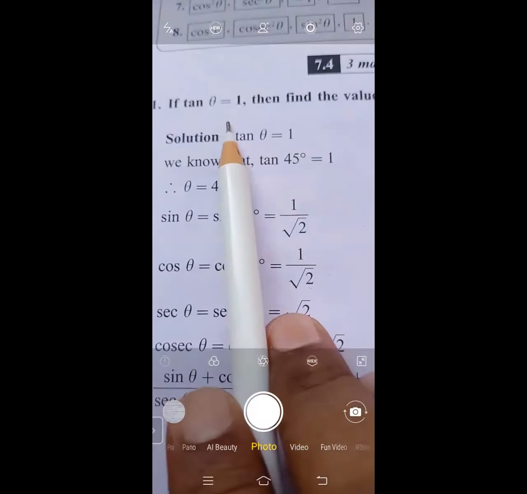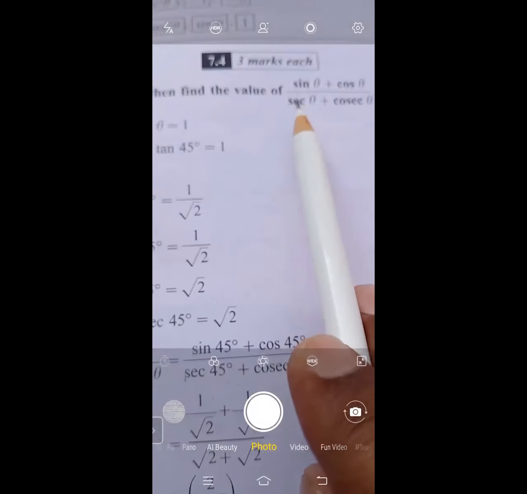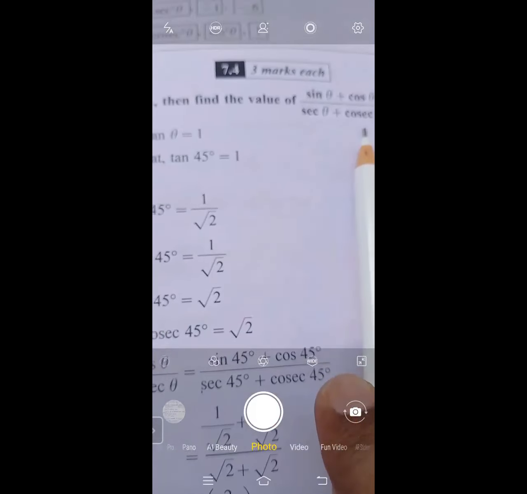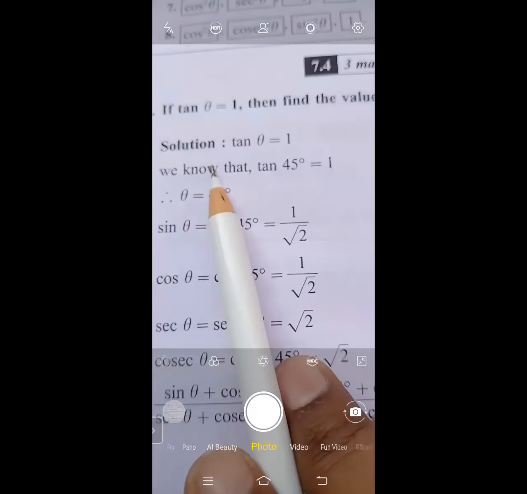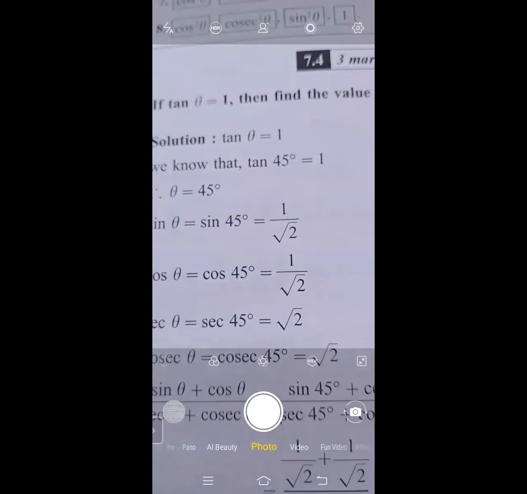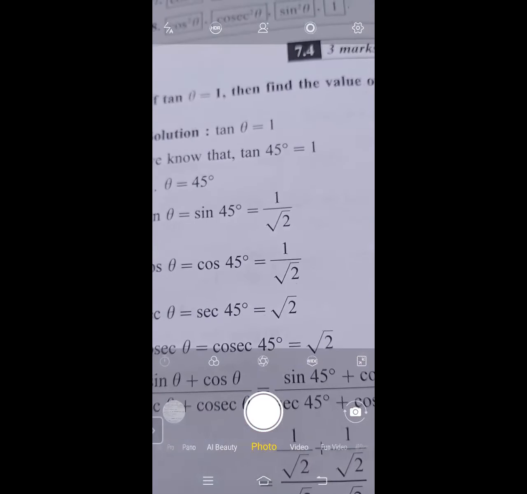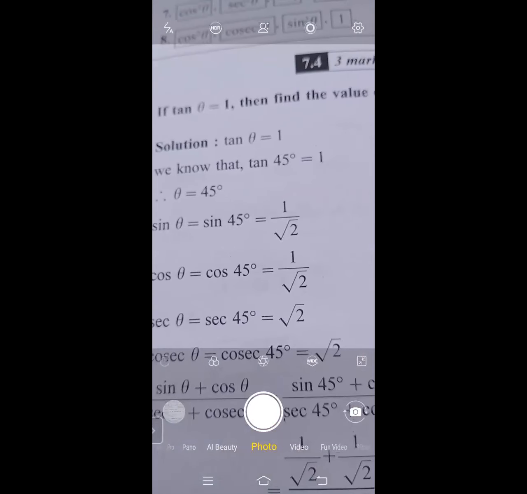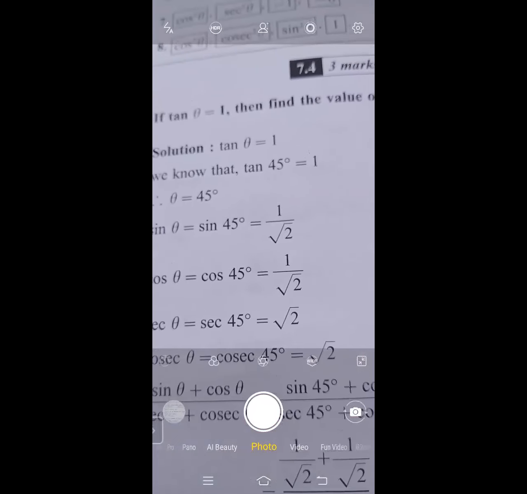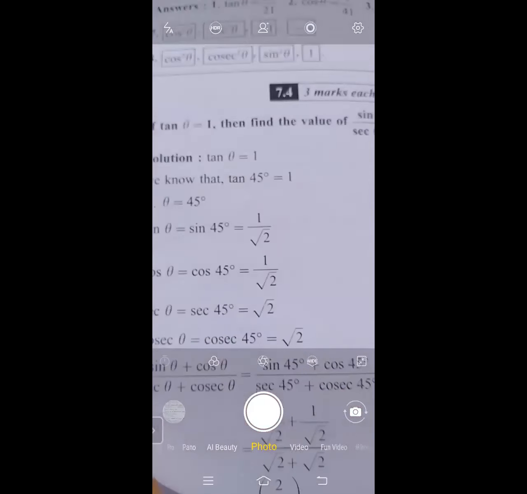So from this value, we have to compute all the values which are required in this equation. We require sine, we require cos for that particular theta, then sec is there, then cosec is there. So all these 4 values are required. When they give tan theta is equal to 1, we have to find the angle theta. From the given table, go in the row of tan and find the value 1. Wherever you get the value 1, just go to the heading of that column and you can see the particular degree present over here, which is 45.